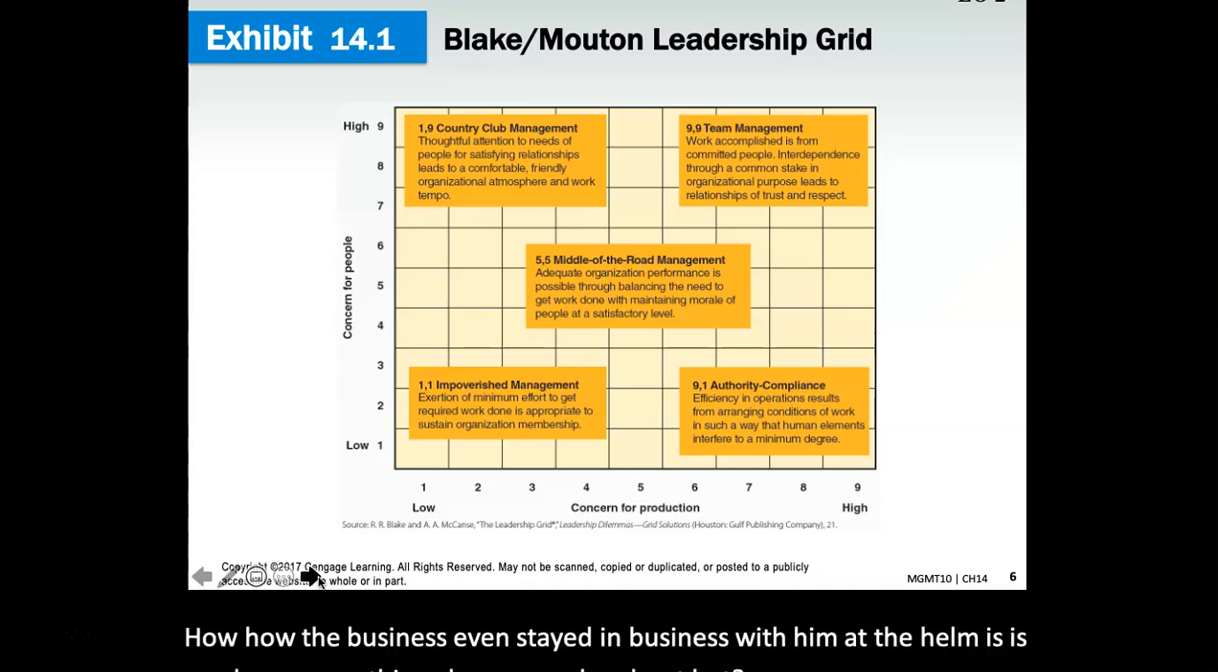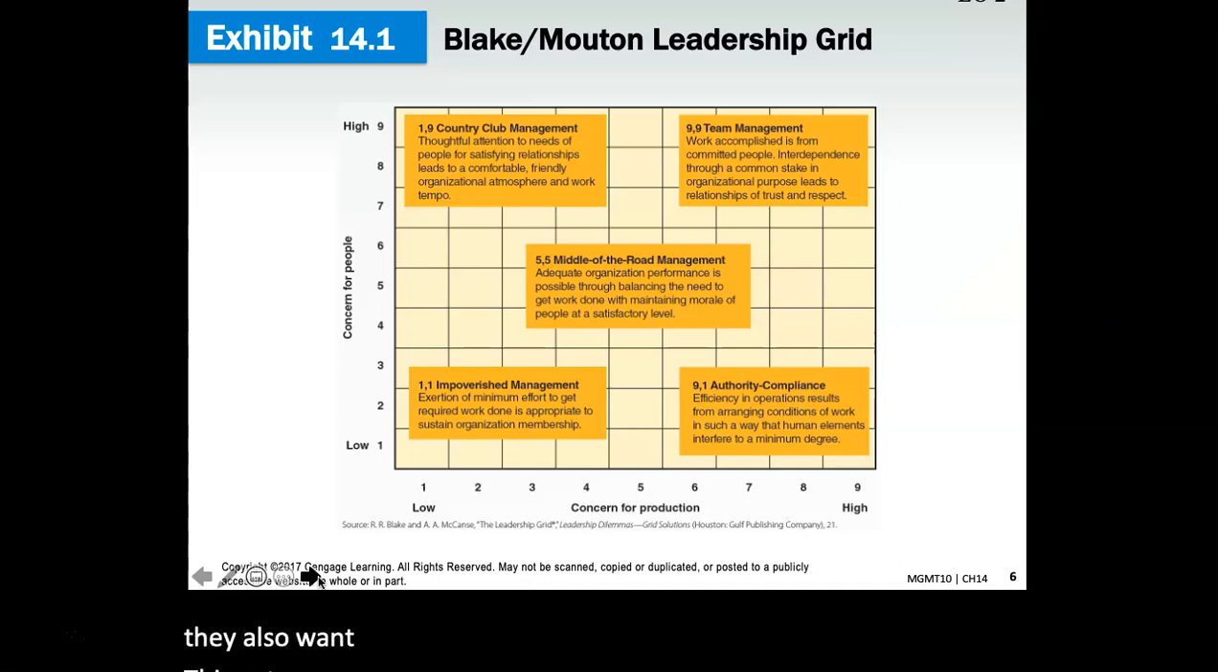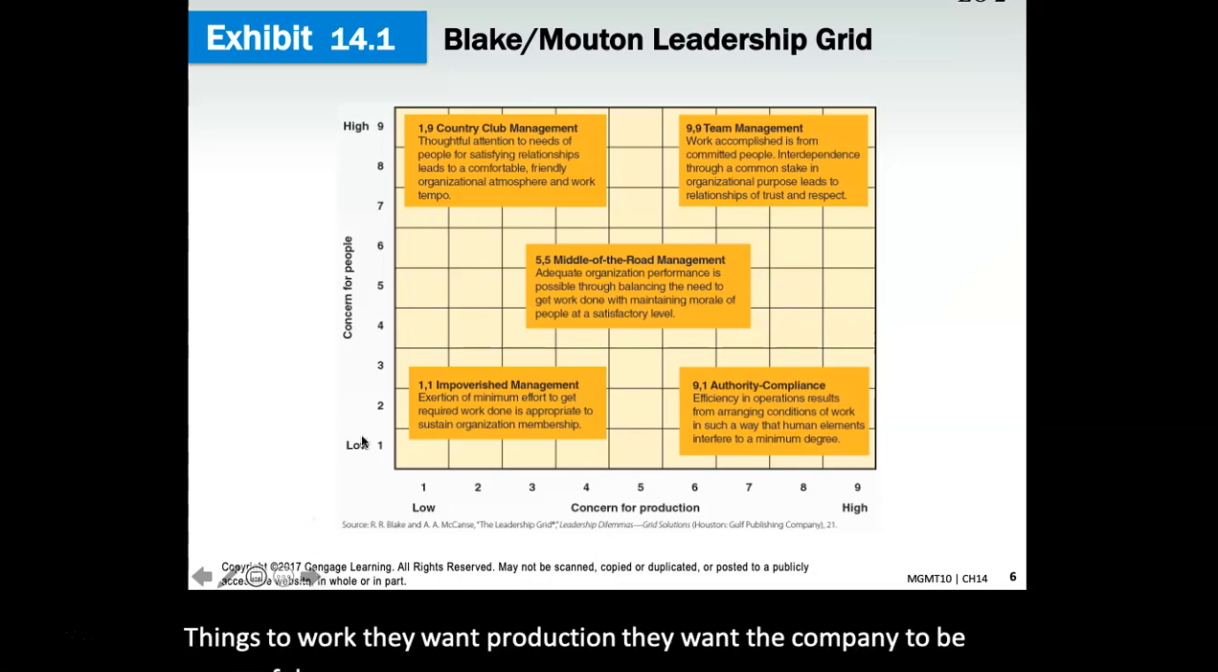Now, someone who has a high concern for people and a high concern for production, that would be more in the team management phase. These people are really interested in everybody being satisfied, everybody being happy. They also want things to work. They want production. They want the company to be successful. So you can see where